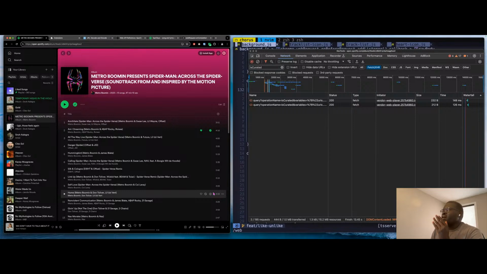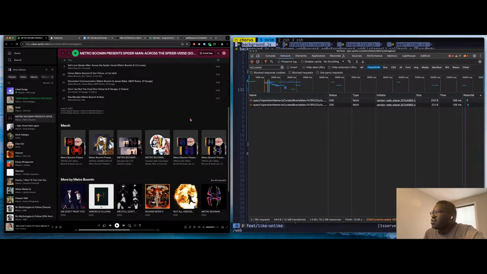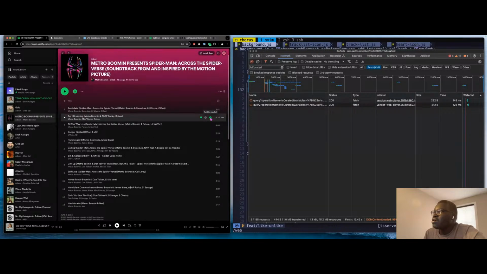I don't have to find if every single song is liked. I just have to check if the song is highlighted, if it's checked. So find all the tracks that are marked checked,